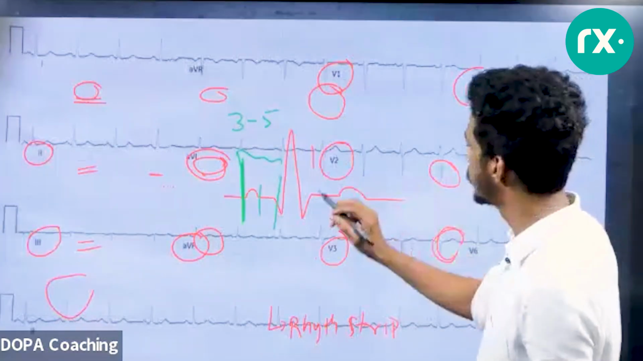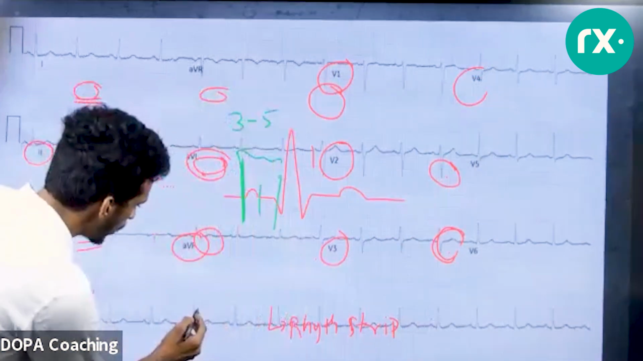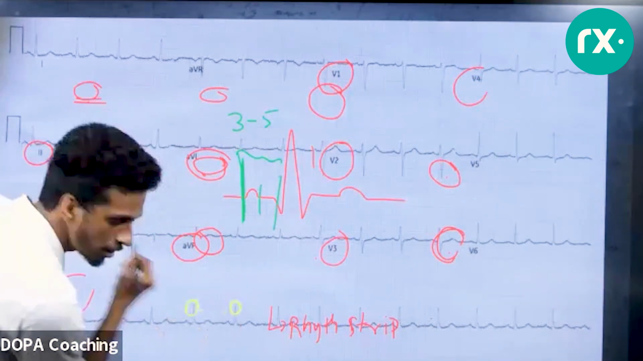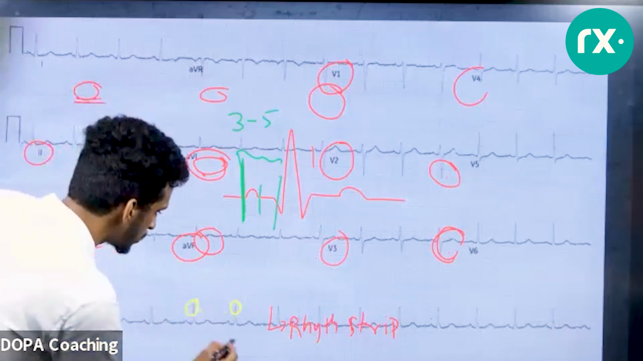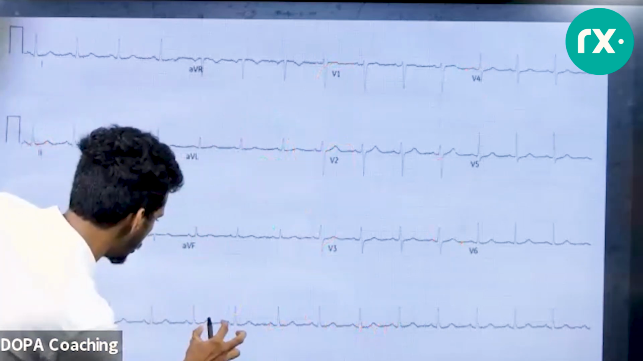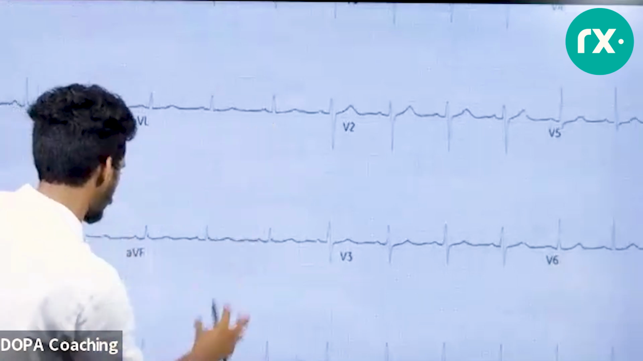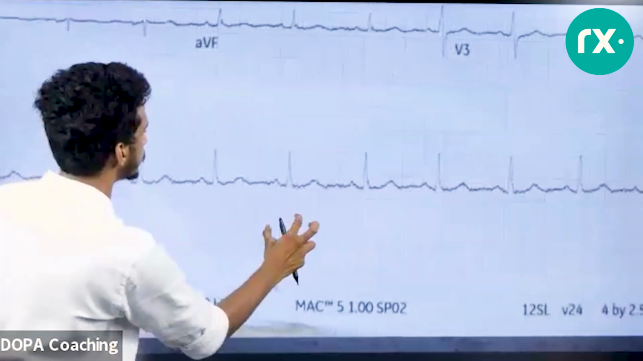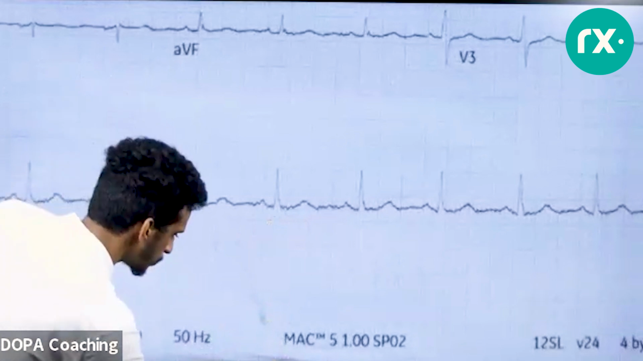So coming back to this ECG, let's count. This is one R wave, this is the second R wave. I shall magnify it a little more for you. Okay, see. So in a 12 lead ECG,